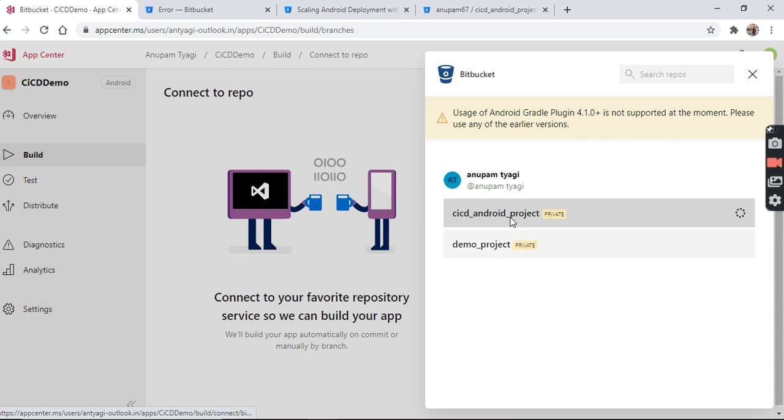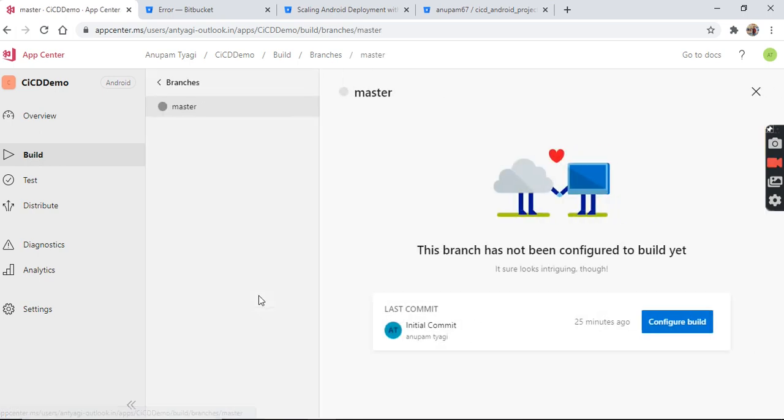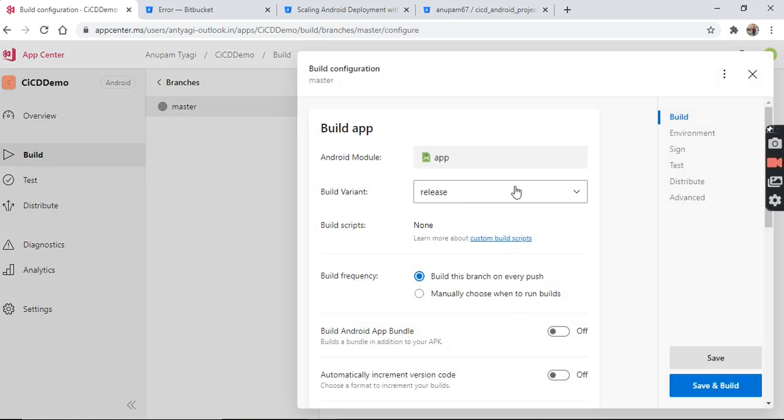If I click on CI/CD Android project, the initial commit is on the master branch. We have to configure the build for when I commit my application code on the master branch. The build variant is release type. For build frequency, you can choose to build this branch on every push or manually choose when to run a build. I will choose build this branch on every push.